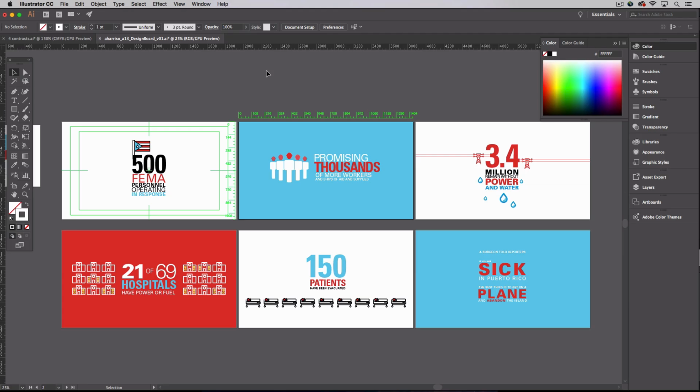So what is a design board? A design board contains a sequence or collection of style frames that tell a narrative or a story. In many ways, they resemble the hand-drawn storyboards that you've created. What we want to do,